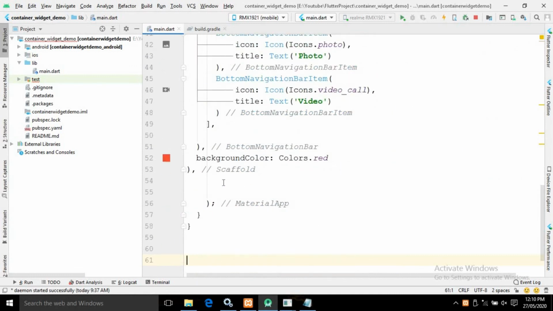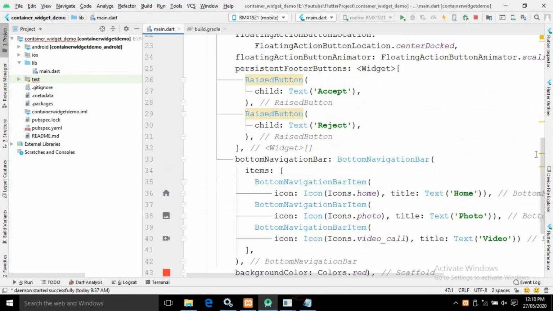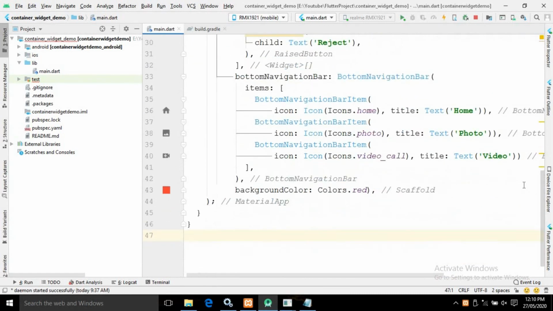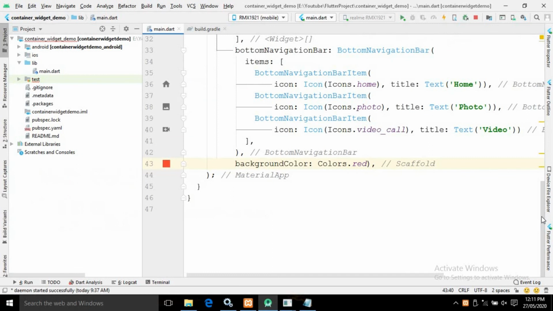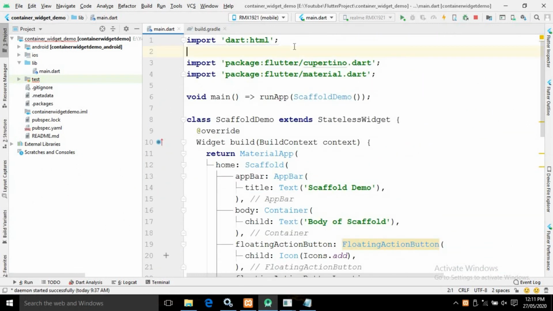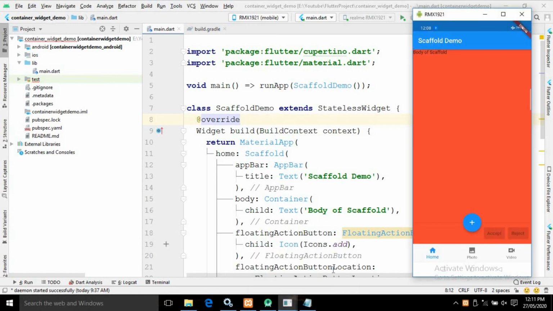There is something wrong here. The brackets are all in place. I don't know what the problem is. Not found, import dart.html. Oh, this package has been imported by default. Let me remove this, then it should work. Let me save this. Okay, now it's working, and here's the output.